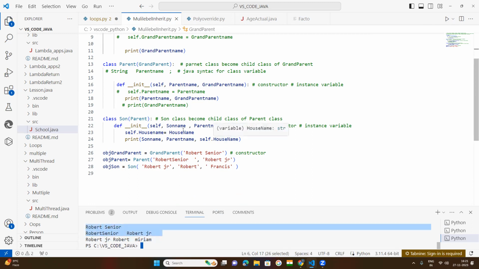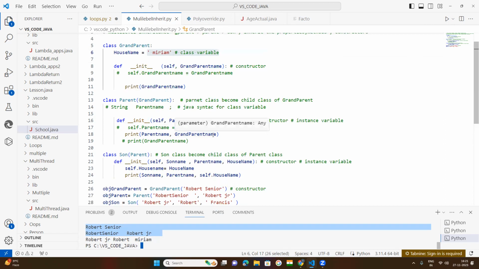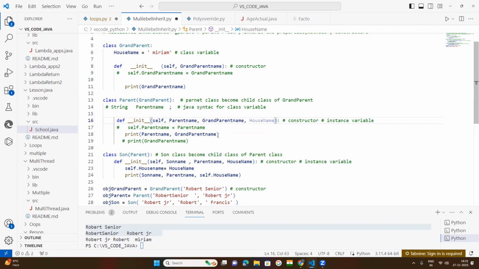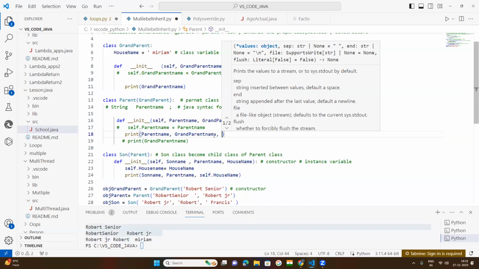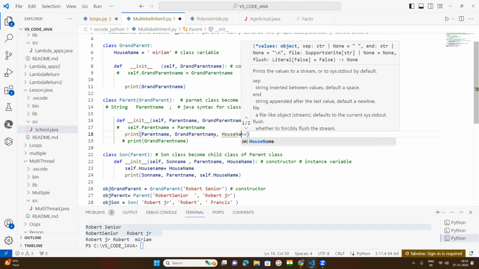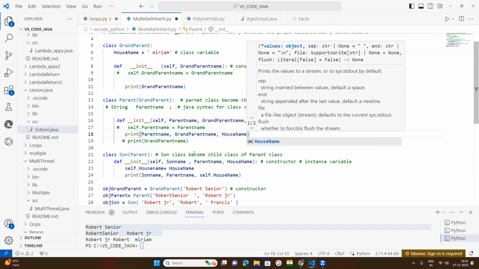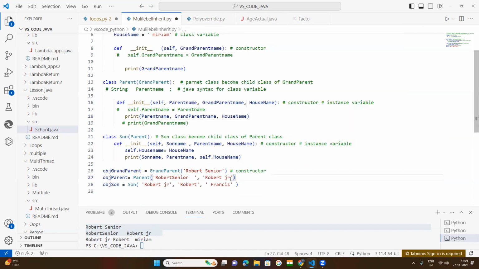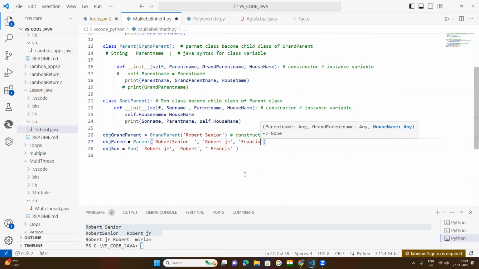So here, coming down to the parent class, under this parent class you create a house name. For this house name, you request to print the house name of the parent here. Now within this you need to pass an argument value, suppose he is also Francis. Francis is okay, but this Robert Junior will be updated with the